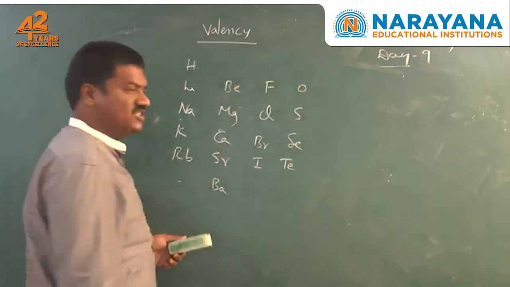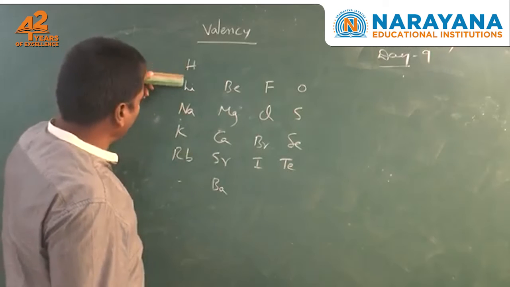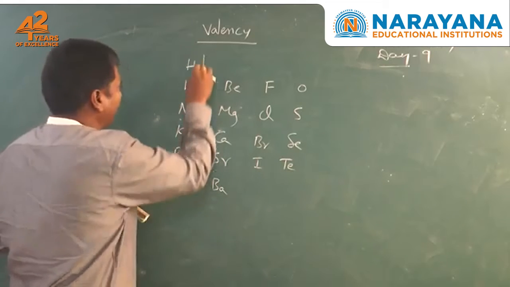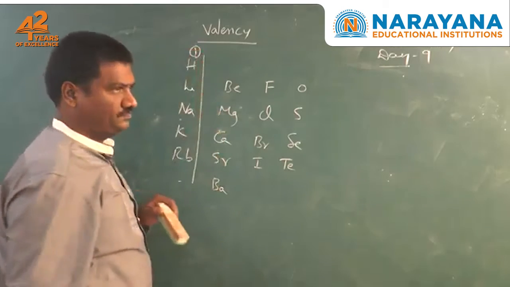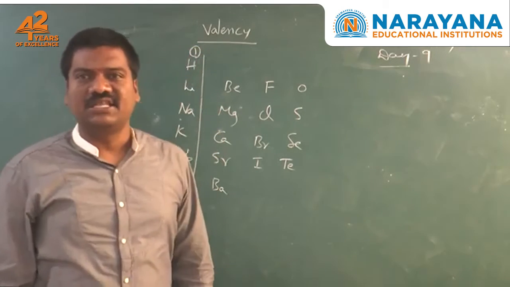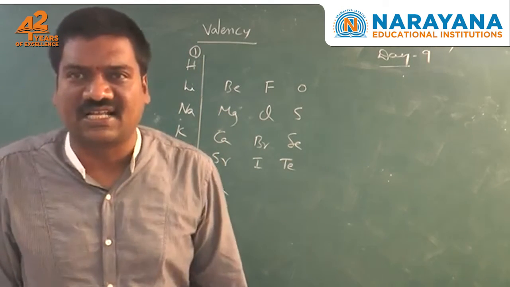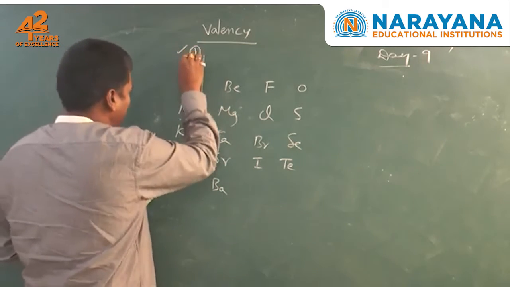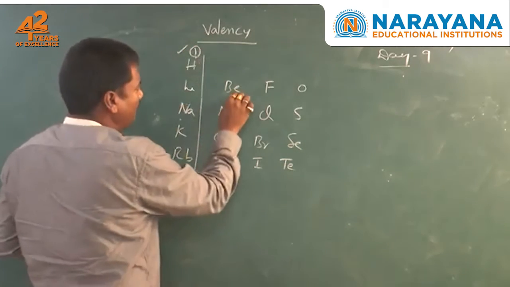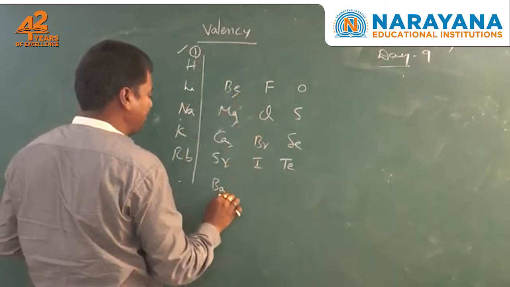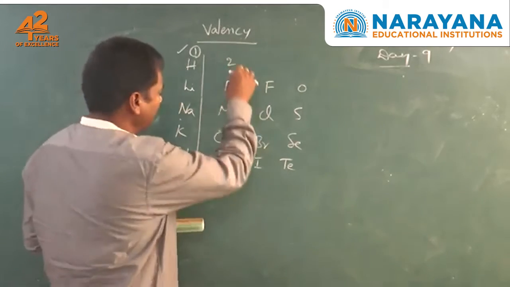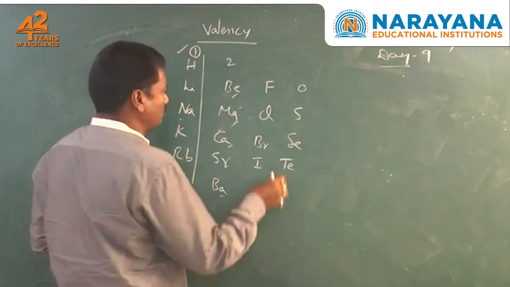Like that, for a few elements, for hydrogen, lithium, sodium, potassium, rubidium, for all these elements there is 1 valence electron. Here valency will be equal to the number of valence electrons in the outermost shell. So the valency of all these elements I can take as 1. Now beryllium, magnesium, calcium, strontium, barium: for all these elements there are 2 electrons in the valence shell. Here also valency will be equal to 2.